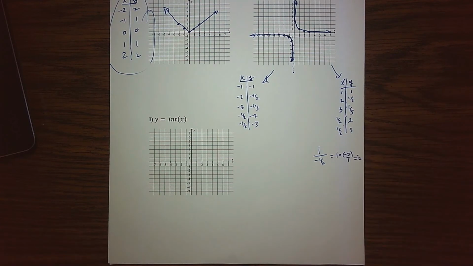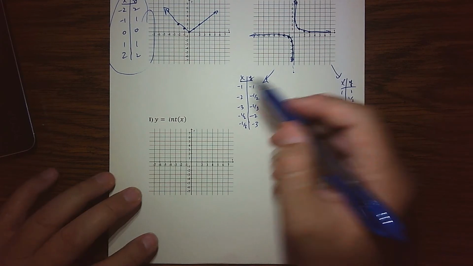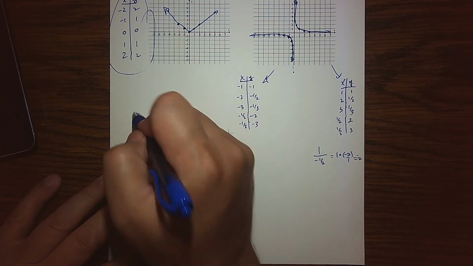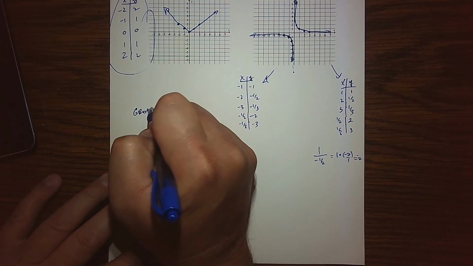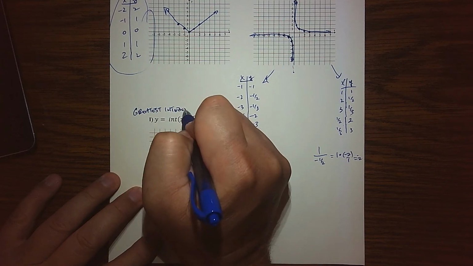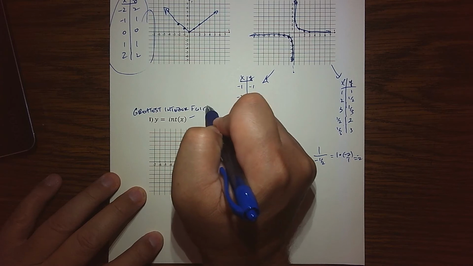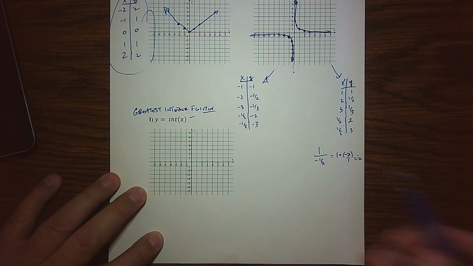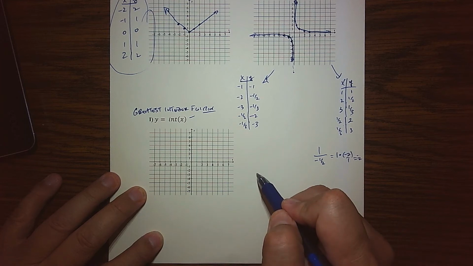All right, so that leads us to the newest basic function of them all. We've seen everything else at some point or another, but what is this? This is what we call the greatest integer function. Okay, so the greatest integer function, and the way we work with this, let me come up with a